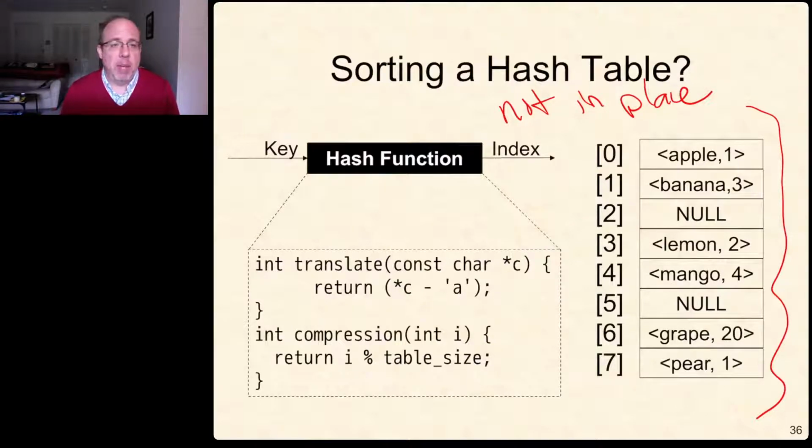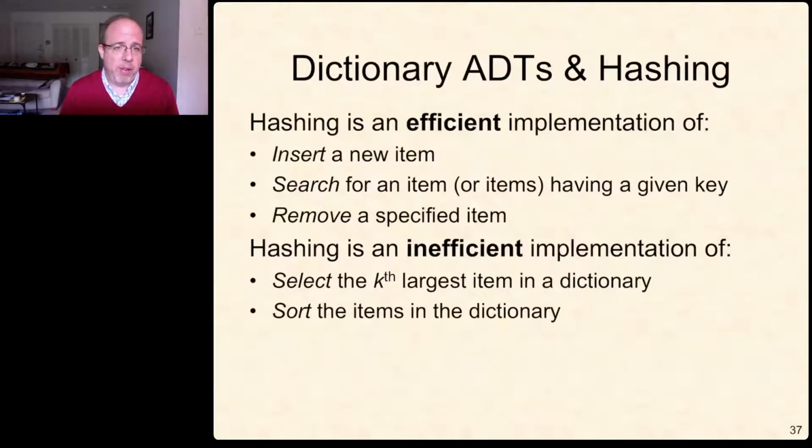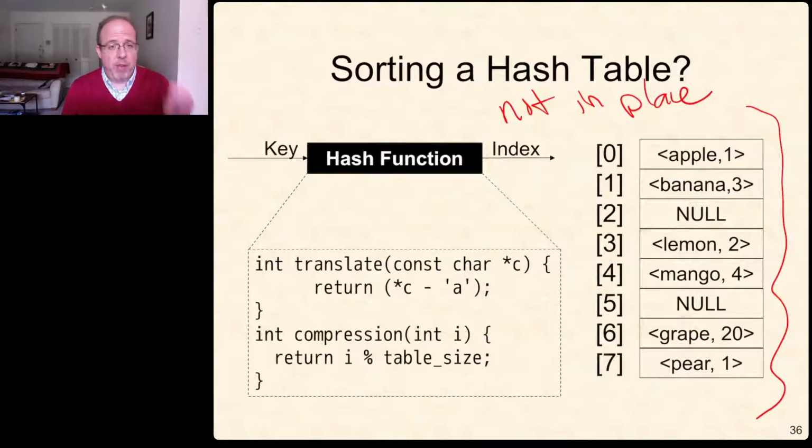We can't sort these in place because the hash, if grape moves higher in the list, we'll never be able to find it again. So when we sort a hash table, what we usually do is we copy it into another structure, and then we sort that,